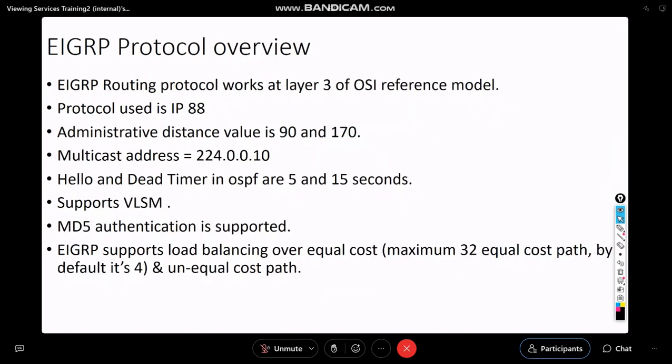Protocol overview, again: EIGRP works at layer 3 of the OSI reference model. Protocol used is IP 88. Administrative distance values are 90 and 170, two different values because EIGRP supports two different types of prefixes, internal and external. When you consider both, 90 is for internal and 170 is for external. Multicast address is